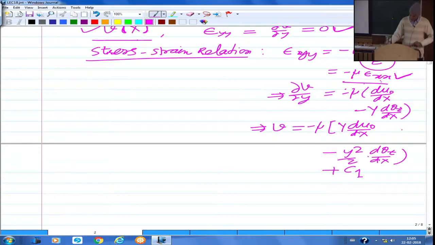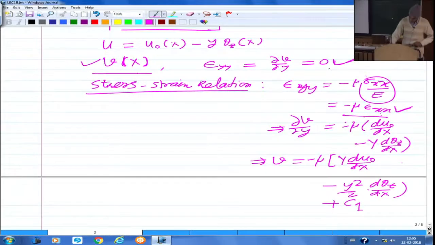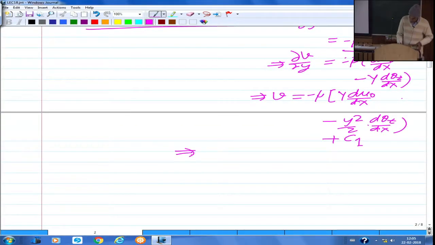If we now, rather than making use of what we got here, use the stress strain relationship, we get this. You take that as del v by del y, and this is epsilon xx for this model, and so you get finally this. Now for C1, you can say that v equal to this v, maybe now you can use v naught there, which is the value of v at y equal to 0. So C1 will just come out as essentially this v. So this v, let me write now as v naught here,